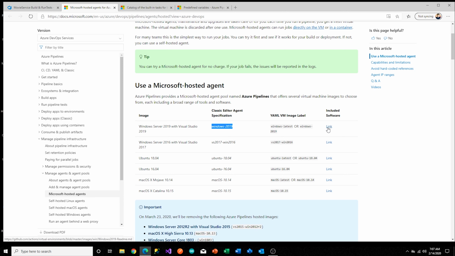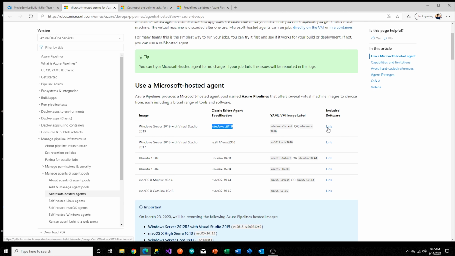Now, the reason they have it, of course, is your builds may require other software, or you may need to install additional software. Let's say you've got your own third-party thing that needs to be installed on your build servers because your software relies on it. Then you have the option, as part of a task, to say, okay, first go install that software, then go build the solution, right? So you have these various tools here, such as Chocolatey or PowerShell, and there's a bunch